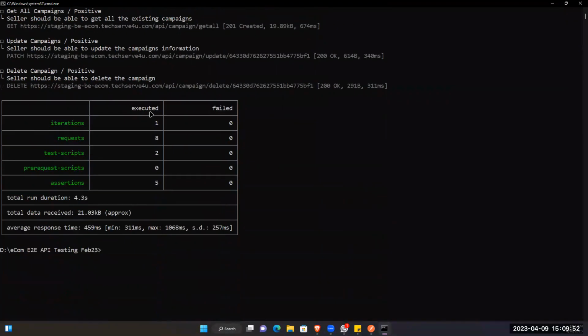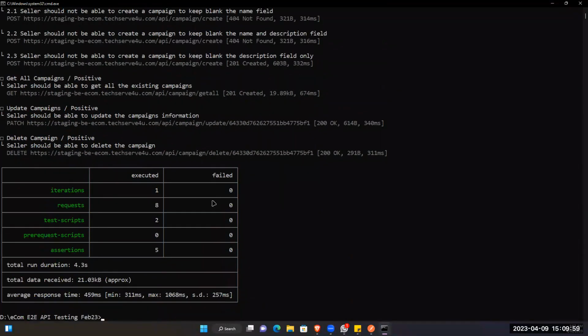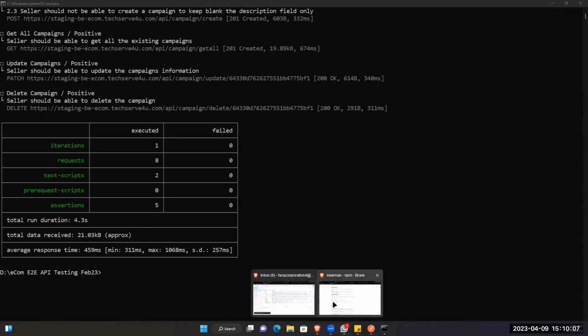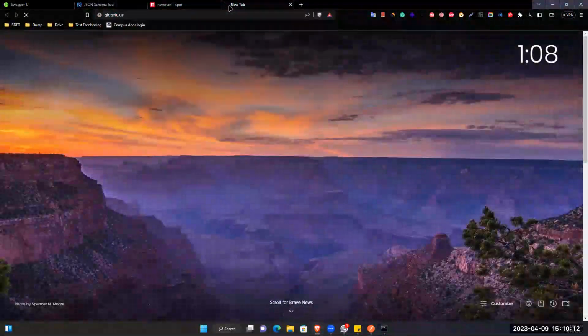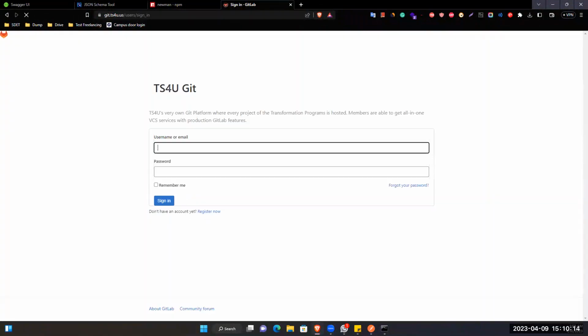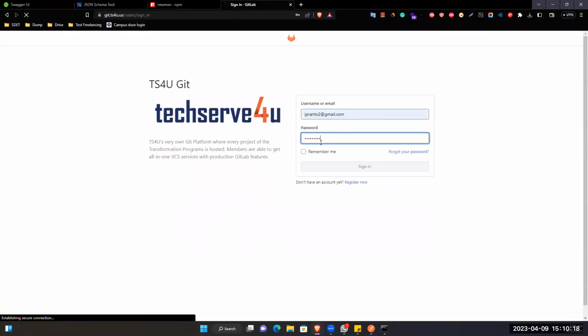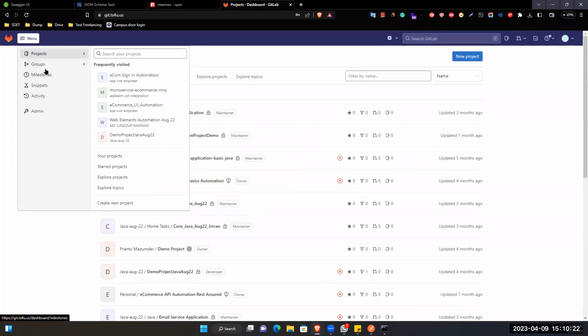So now after doing this, we can push this into GitHub, I mean GitLab. To push to GitLab, first of all we have to go to the browser and open the GitLab site, and log into my account. Okay, now go to your groups,